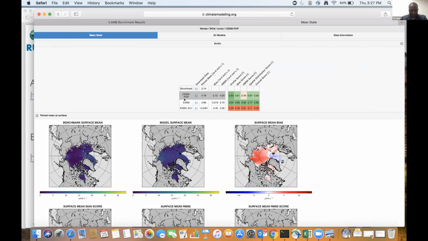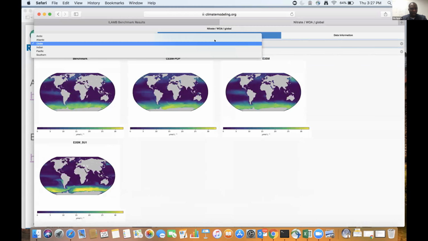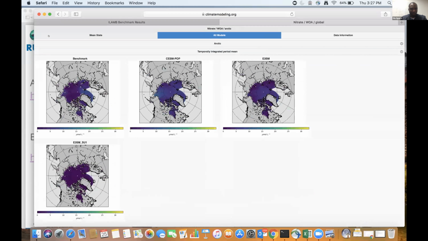And then I have three different models here, so I can begin to click on those models, say I'm interested in this. You could see what exactly is going on in your model of interest. But one thing I would love to do is if I go to all models, this is for global, and say all I want to see is mainly for the Arctic.